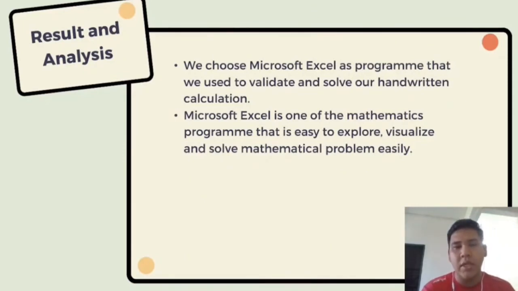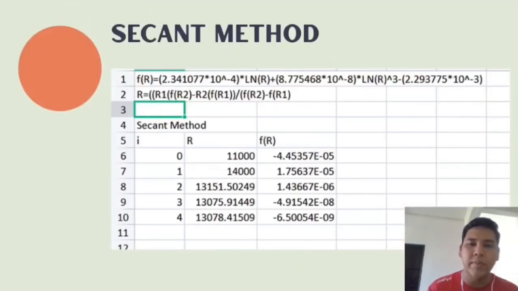So for result analysis, we choose Microsoft Excel as the program to prove our manual calculation. Microsoft Excel is one of the mathematics programs that is very easy to use, very easy to explore, visualize, and solve mathematical problems. So for the second method, as i equal to 4, we got the value for R equal to 13,078.41509